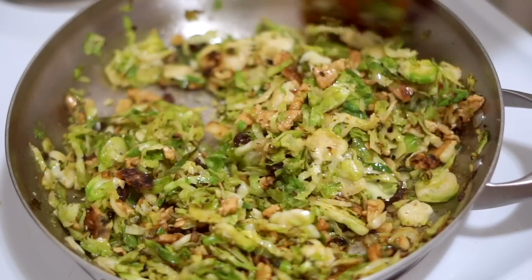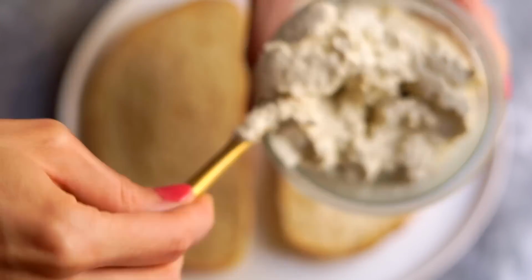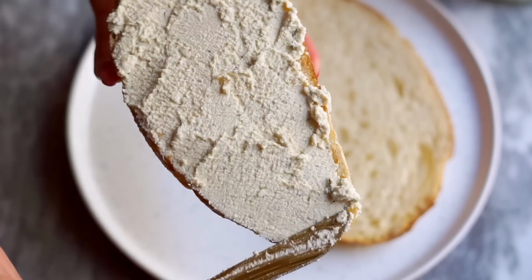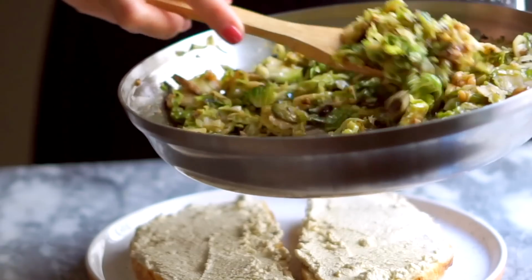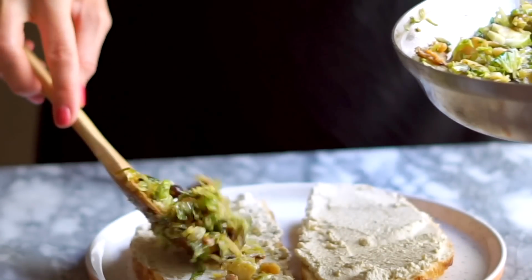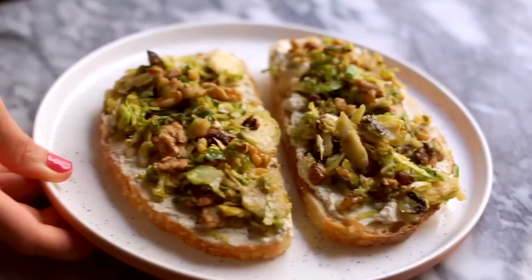You can do a little bit of red pepper flakes too. And then I add a handful of raisins and walnuts, and oh, it is such a great combination. You've got the savory, you've got a touch of sweetness, you've got that kind of earthiness from the veggies, and seriously, this combination is heaven on its own, but even better when you top it on some sourdough bread with